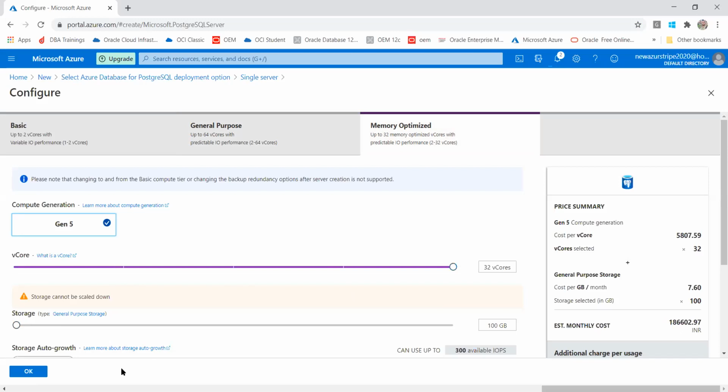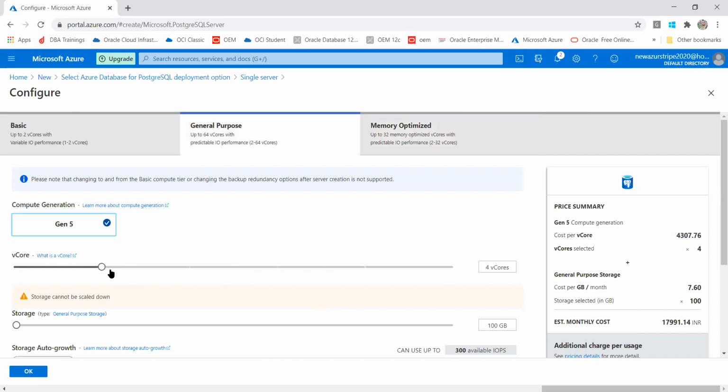Got it? Storage size, there is no difference at all. Storage size will be the same. Only based on the CPU, you can see the price will increase and decrease. So here for the 2 core, you are charged 11,653 INR. The same 2 core, if I go here, you will be charged approximately 8,653. But I don't need that much because it's just for demo.